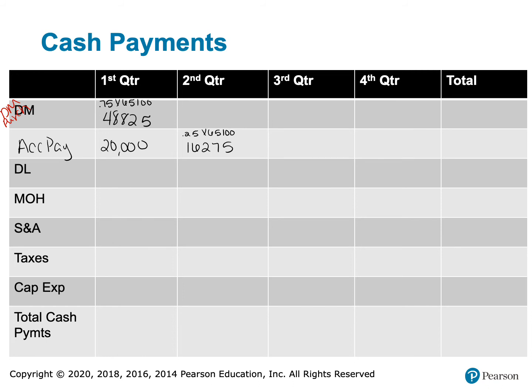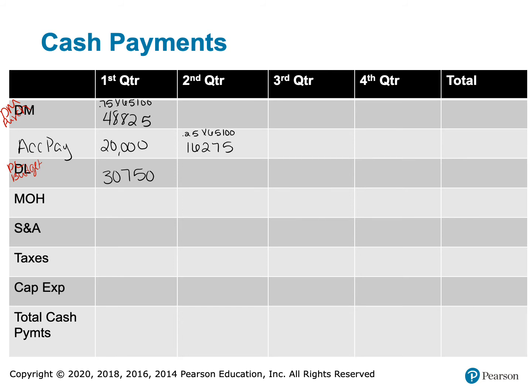Now, if I go look at my direct labor budget, I see that direct labor is $30,750. I'm just going to pull that straight off of the direct labor budget. So that was $30,750, and I'm going to write over here, this is direct labor budget. Now, when I go look at the overhead budget, this is really important. When you look at your overhead budget, you'll notice that I see total overhead for quarter one is